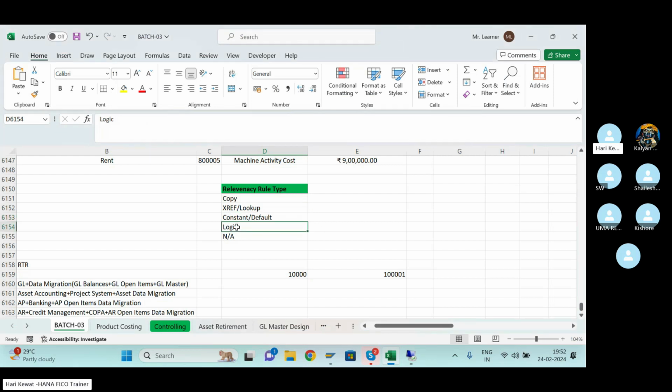Logic means all this transformation. They have to go here, they have to go there, all this. That is